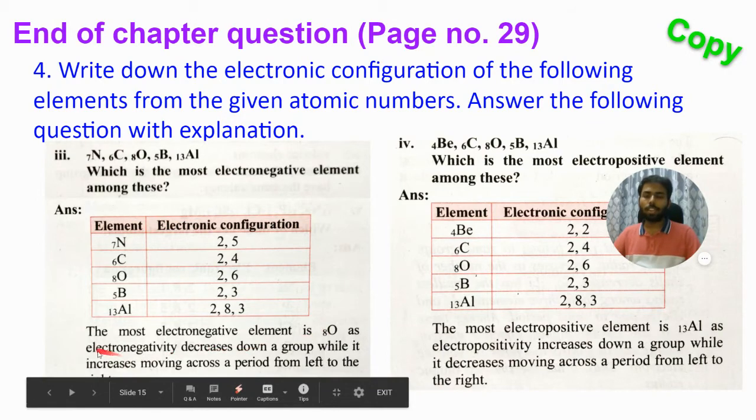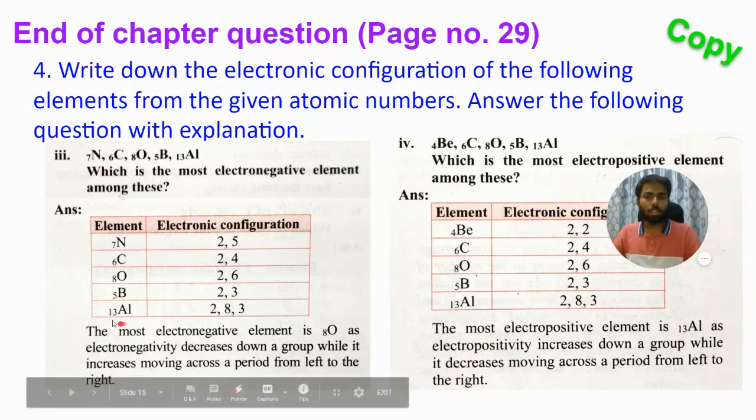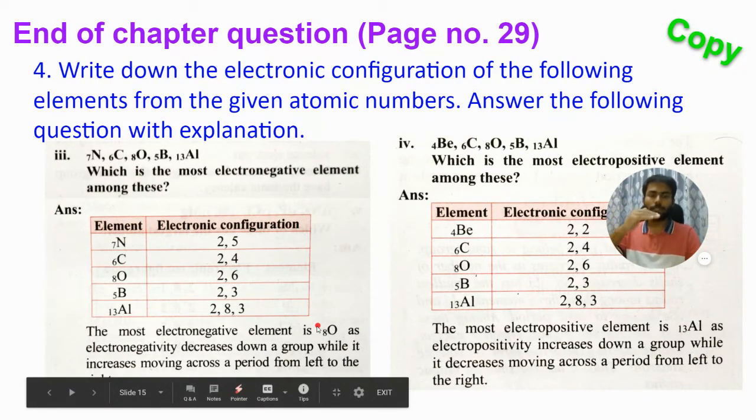Why? The reason is electronegativity decreases down a group. So as you move down a group, ऊपर से नीचे जाते हो, then your electronegativity is going to decrease. So you want something which is above. Okay. So aluminium has 3 orbits. Electrons in 3 orbits, यानी वो नीचे होगा third period में, बाकी सब second period में. As you move from top to bottom, electronegativity is going to decrease. So तुम्हें ज्यादा electronegative चाहिए तो तुम्हें ऊपर वाला element लेना होगा. So aluminium gets cut because वो थोड़ा नीचे है. It's in period number 3, बाकी सब period number 2 में. Next,